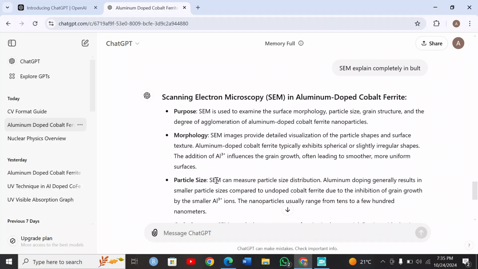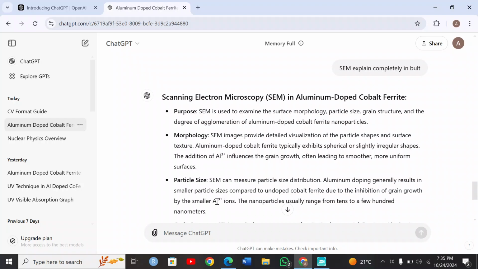SEM can measure the particle size distributions. Aluminum doping generally results in smaller particle size. SEM basically provides data about particle size distribution. When doping with aluminum, it generally results in smaller particle size as compared to undoped cobalt fluoride, due to inhibition of grain growth by the smaller aluminum ions. The size of particle is decreased by doping of aluminum due to aluminum ions